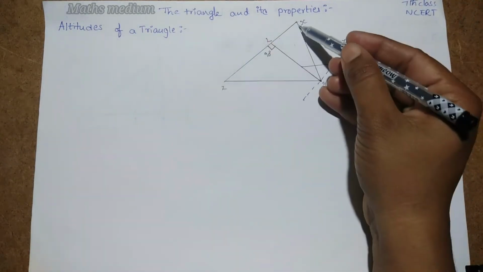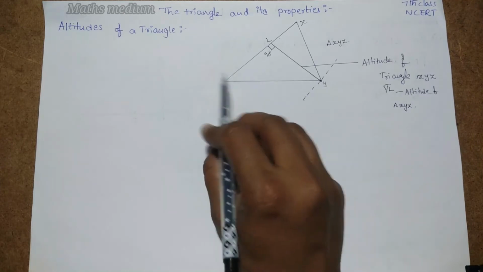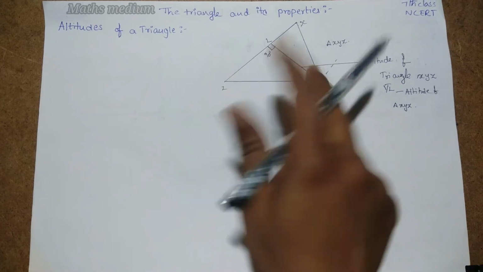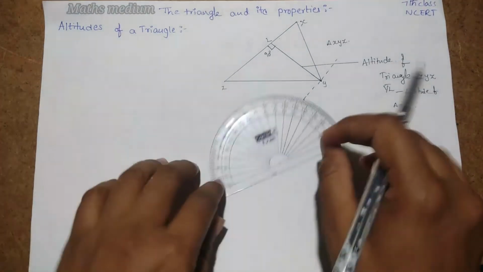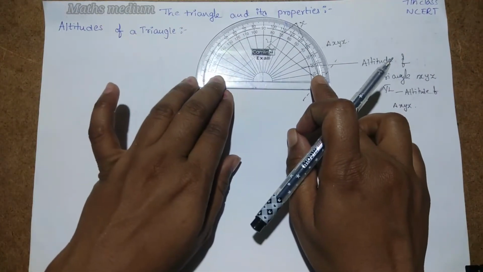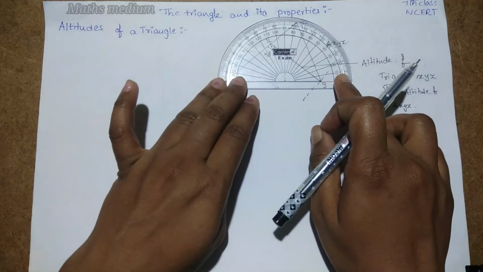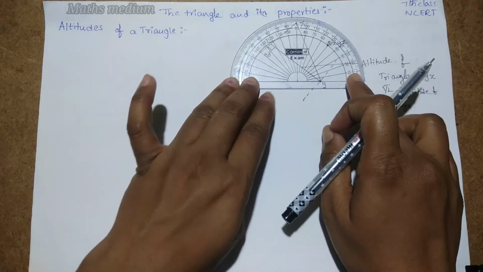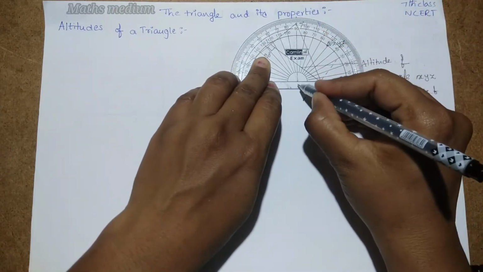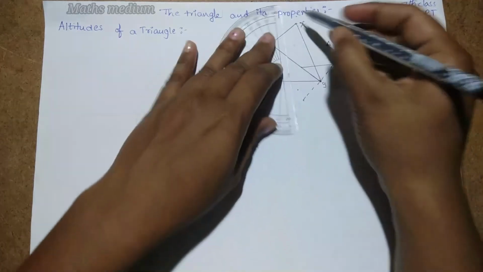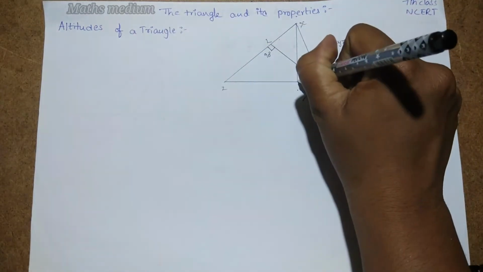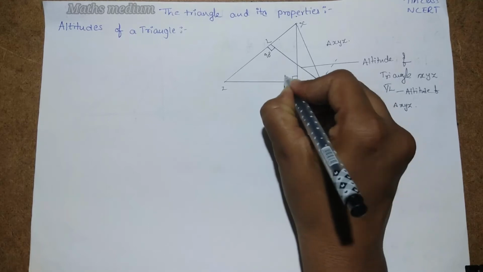If you take X as the vertex, how will you get this? This is the vertex X and this is the opposite side, the line segment ZY. Now take the help of the protractor. This is also one method. If you pass through the points, then you will get a place that is exactly perpendicular to X. See here, this is the vertex X and this is the 90 degrees, right? Now connect these two points through that vertex. See here, this is also another method for this vertex. This is also 90 degrees.